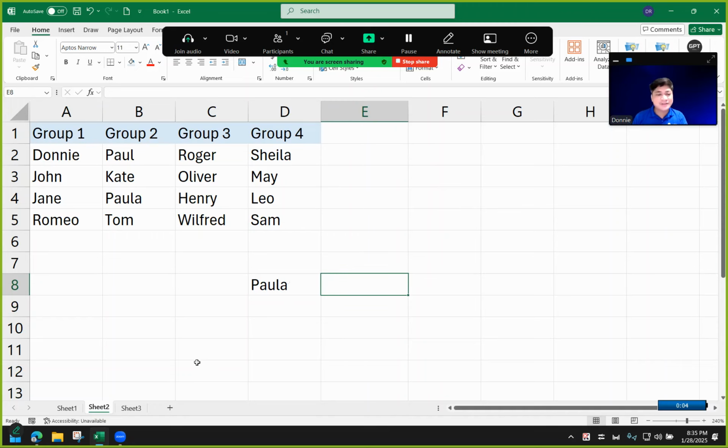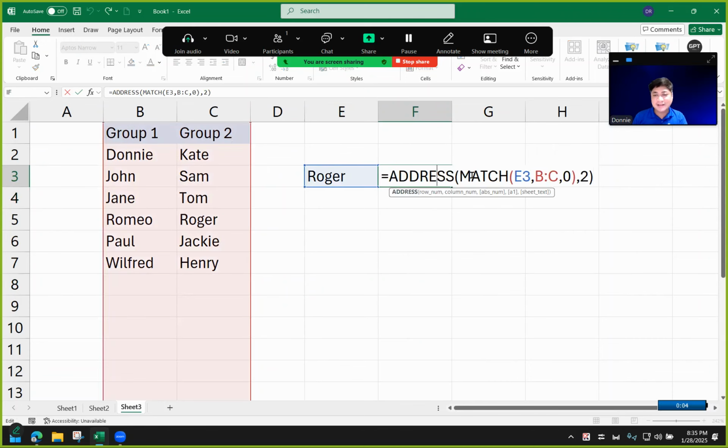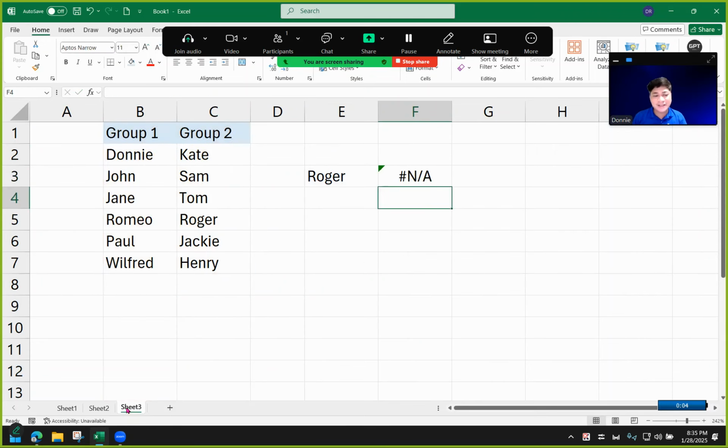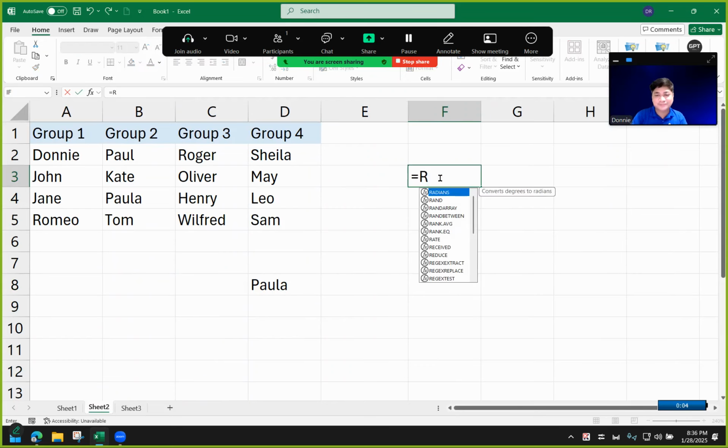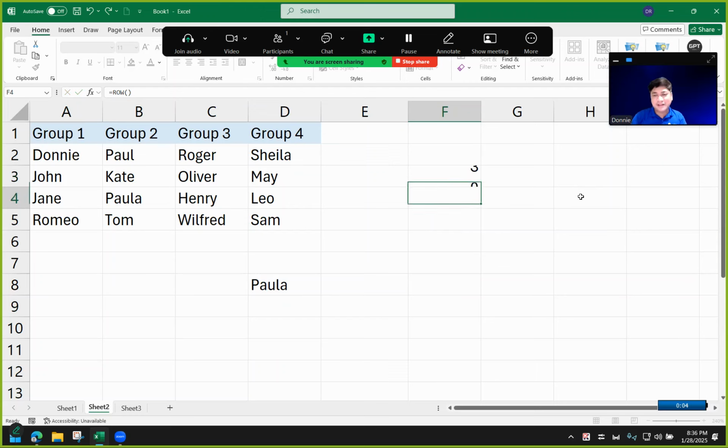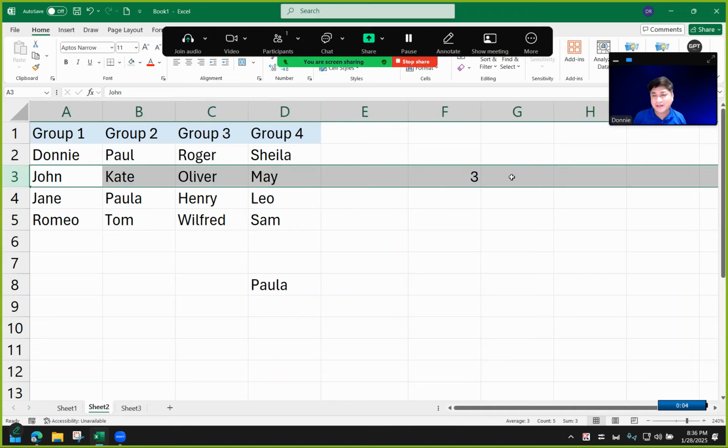But before that, we already know how the address function works. The next function that we need for this is the ROW function. So the row function gives me the row number of where that formula is. So for example, I'm getting 3 here because I am currently at row 3.